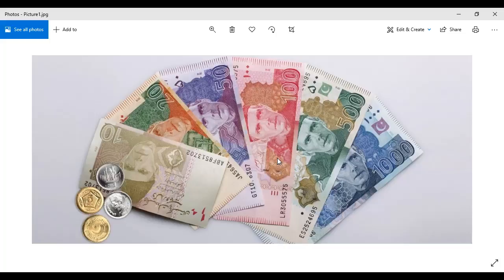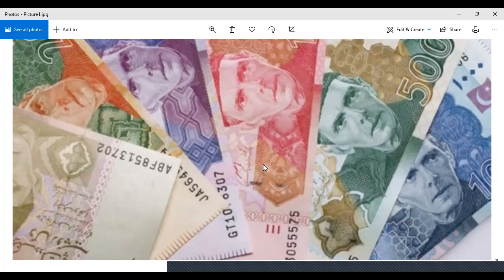Similarly, all of the notes have unique numbers that make them different from each other. And it has not happened so far that two notes have the same number or we cannot use it. All the notes are prepared very carefully, and they have a different number, a different code, which makes them different. Similarly, there is this silver line in the notes on the left hand side, which shows whether the currency is original or not. Okay.